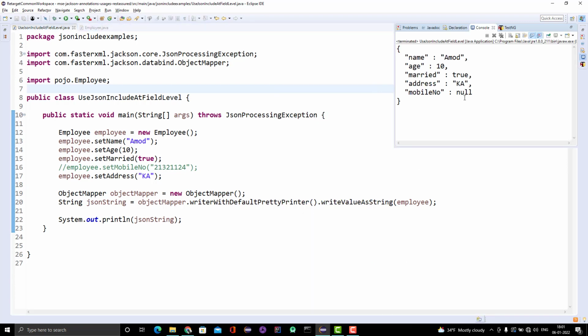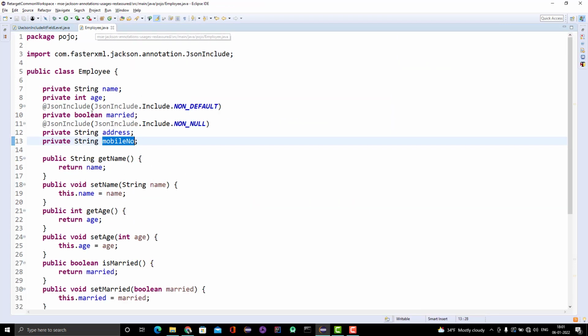We can see mobile number is coming as null. So it completely depends on your usage, how you want to exclude the fields. So JSON include you can use at class level, and you can use at property level also.